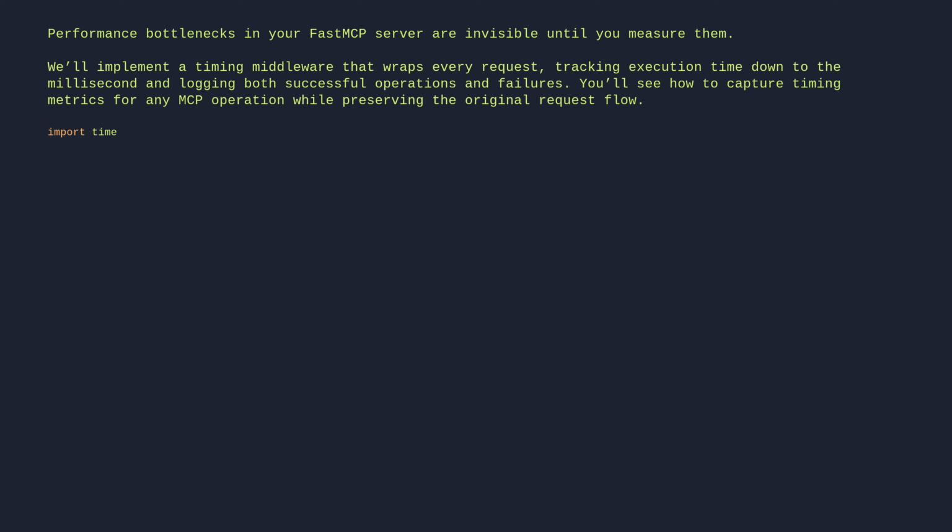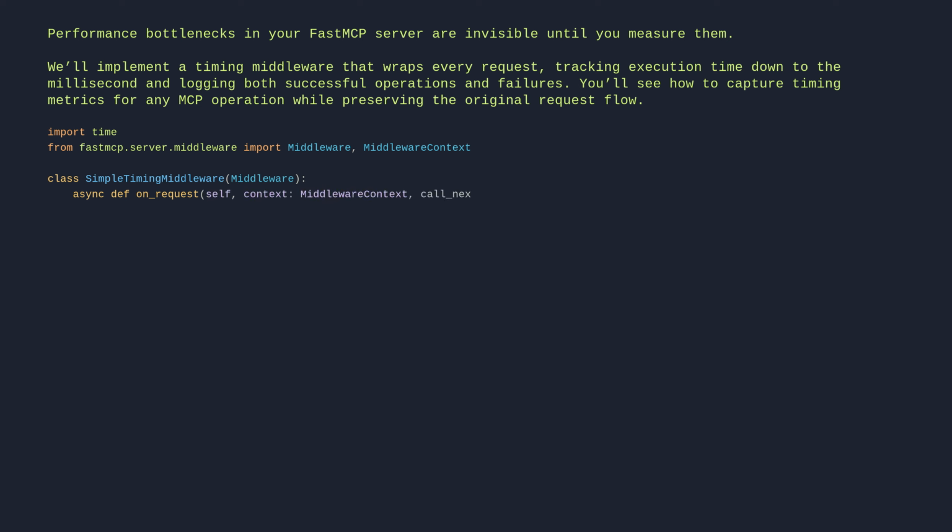import time. From fastmcp.server.middleware import Middleware, MiddlewareContext. class SimpleTimingMiddleware: async def on_request(self, context: MiddlewareContext, call_next): start_time = time.perf_counter(). try: result = await call_next(context). duration_ms = (time.perf_counter() - start_time) * 1000. print(f"{context.method} completed in {duration_ms:.2f}ms")